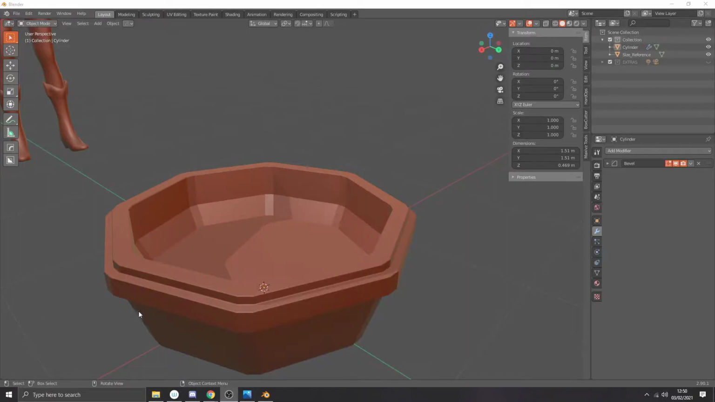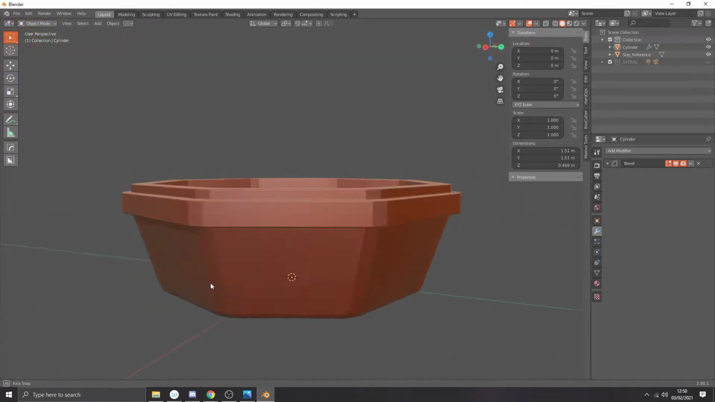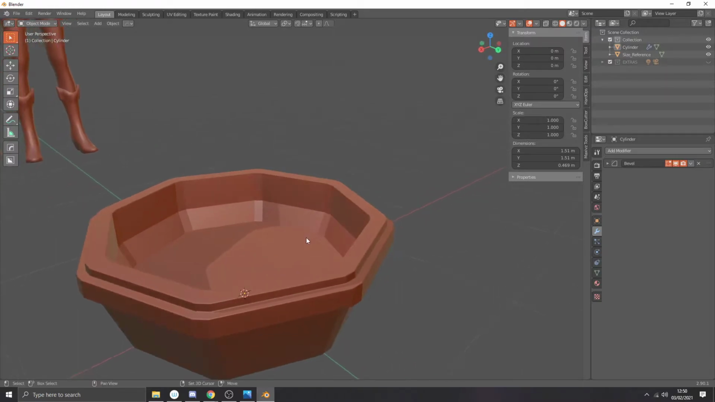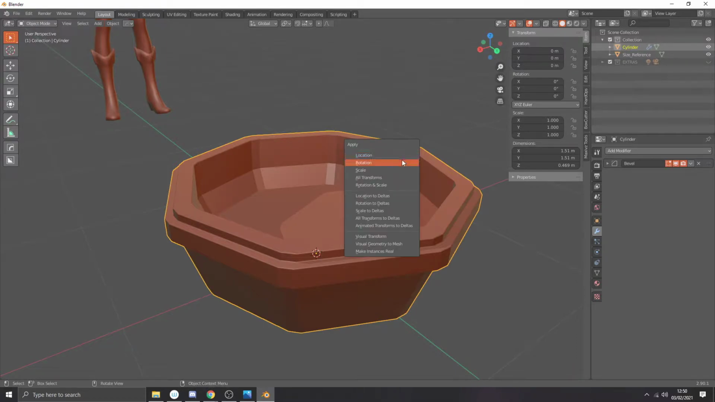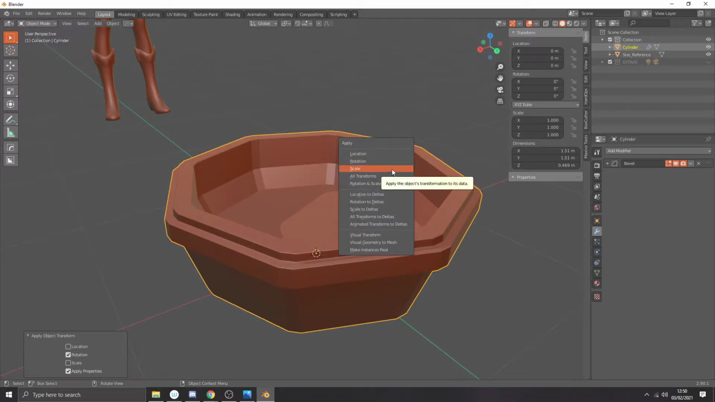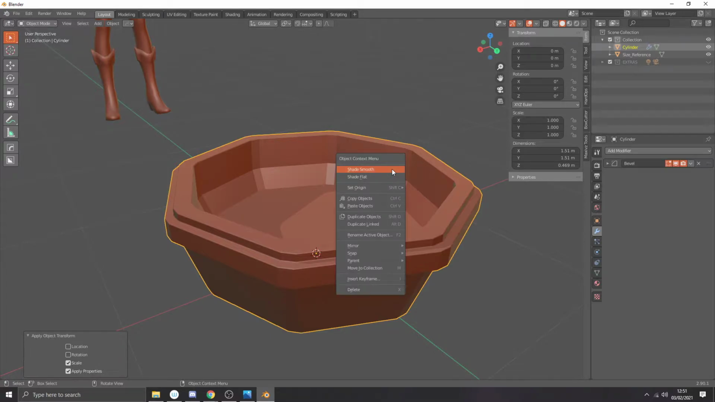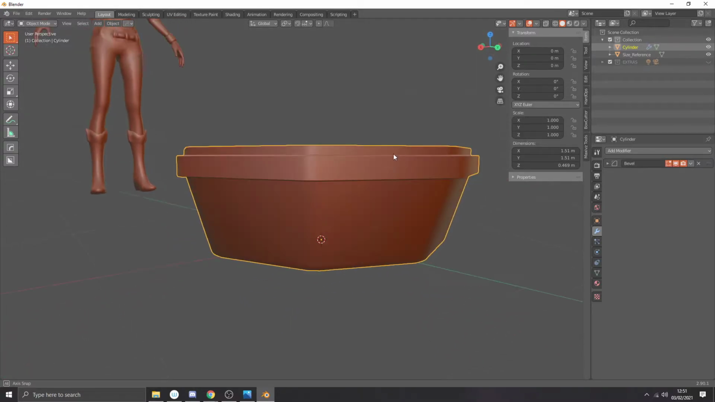Okay, so let's continue, shall we? Now the first thing I want to do is something that I actually forgot to do, was click on model, right click, sorry, not right click, I'm a fool. Control A, reset location, rotation, and scale. Okay, now if we right click, shade smooth, it should